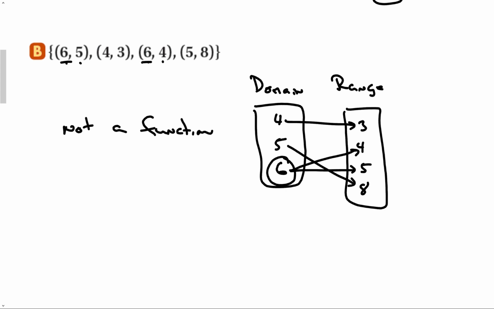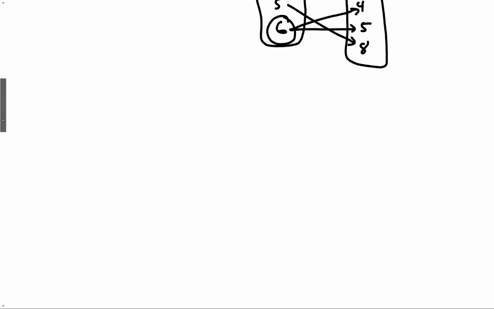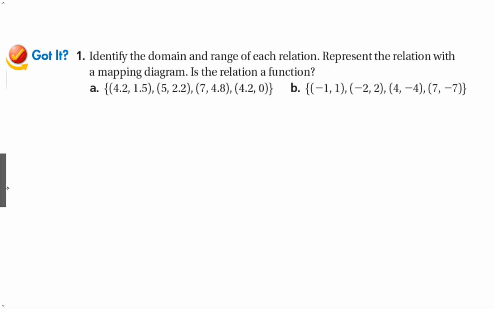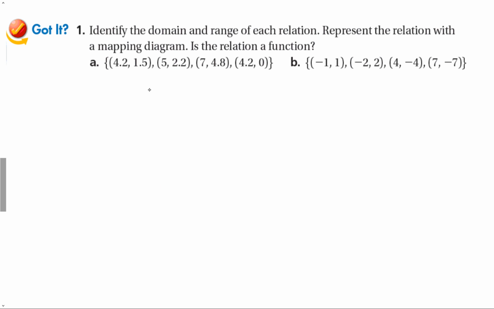So when we compare domain and range, we always want to make sure that each element of the domain only happens once, and is only mapped to one element of the range. So we'll do this fairly quickly. Domain for part A is the x values, 4.2, 5, and 7. And this is not a function because you can see 4.2 happens twice, and it is being mapped to two different values. The range would be